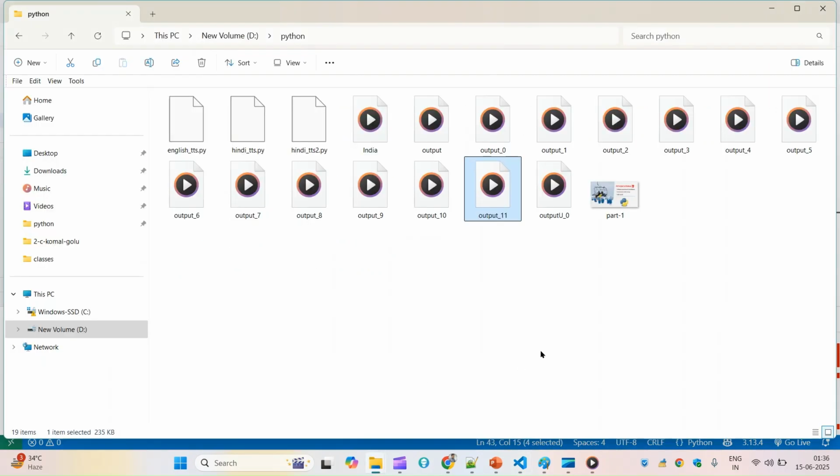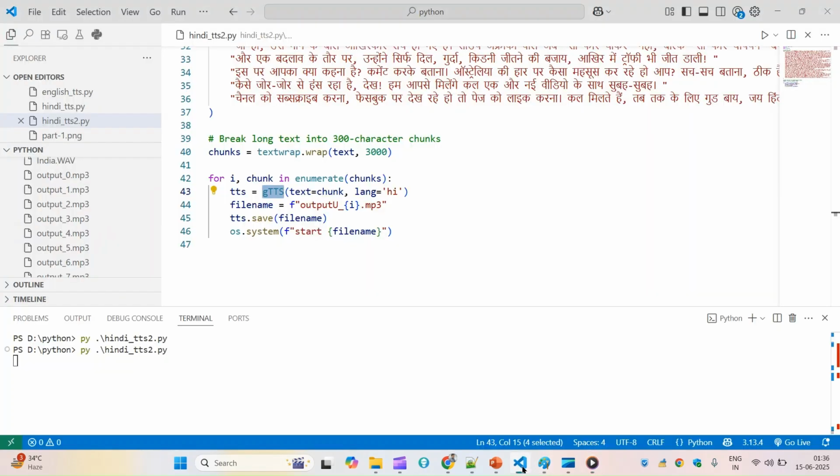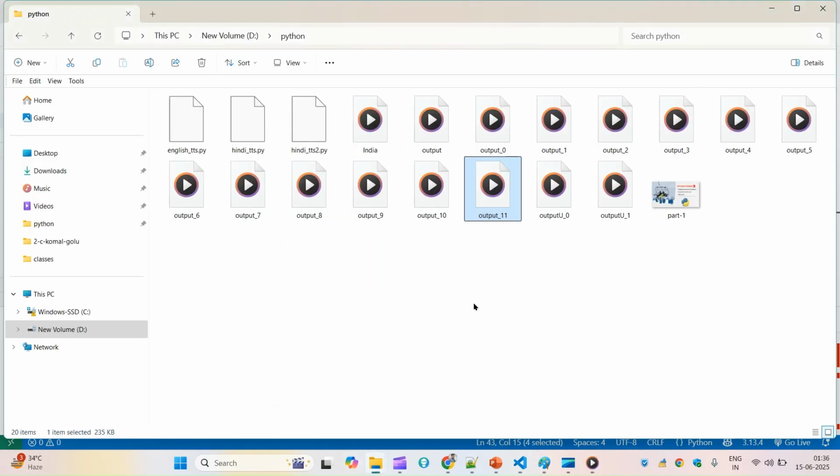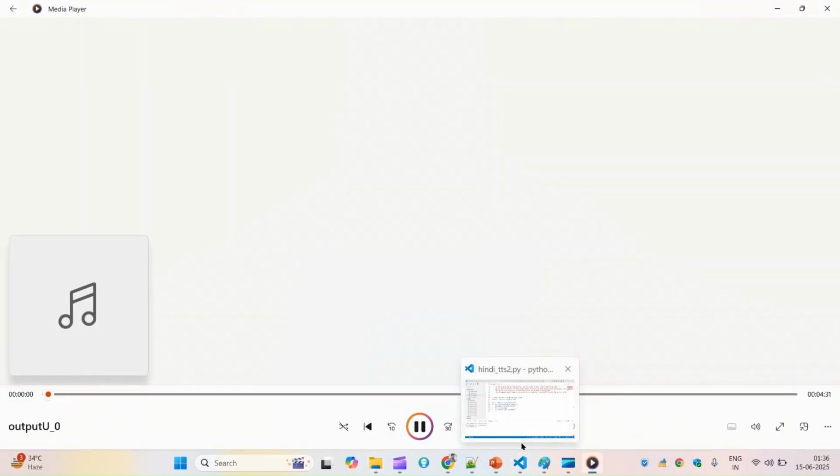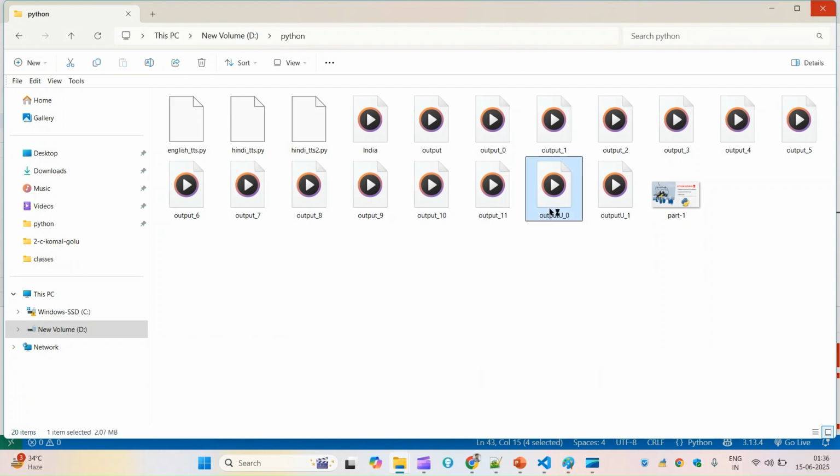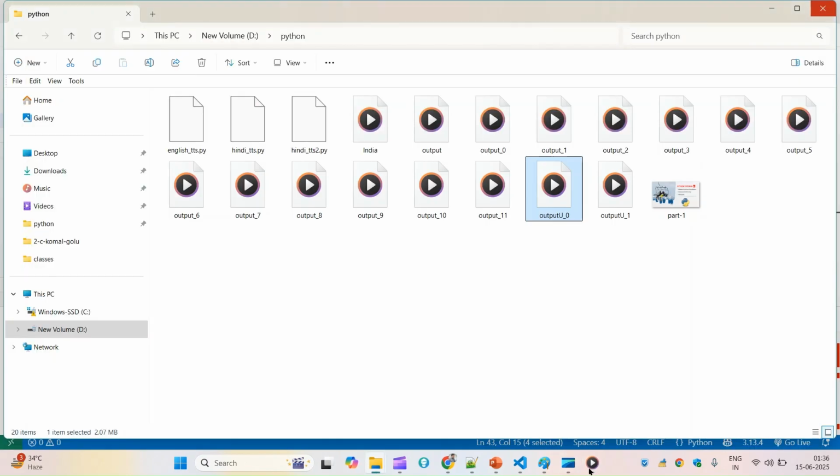So if I come here and I see 0, it is creating 0 and 1. That means it is not going to have more than that. Yeah, so if I open this one,